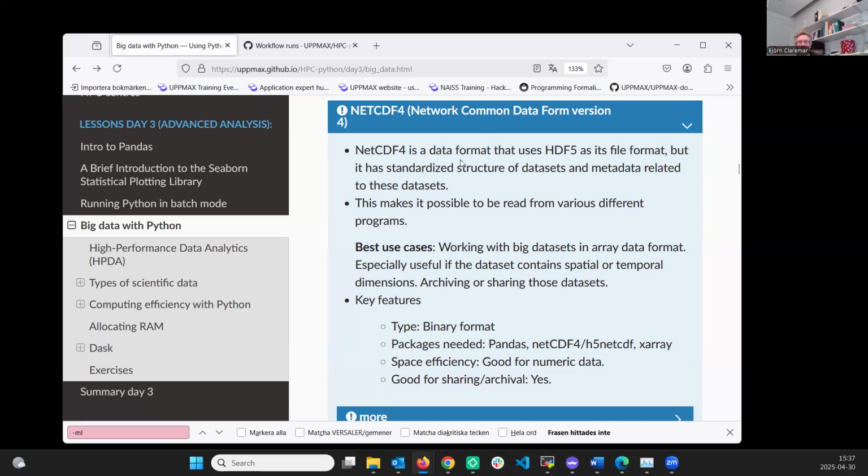The thing here is also that it has a standardized structure, the metadata. So you have the metadata inside the NetCDF. I can also say that with NetCDF, when you read NetCDF data into, for instance, Python, you can choose to just read some variables. So you can, for instance, extract only temperatures maybe,